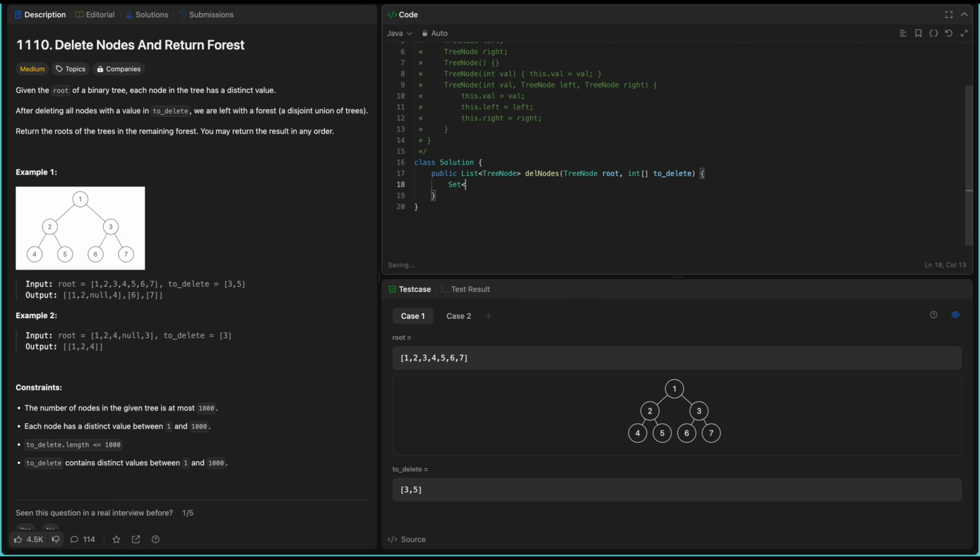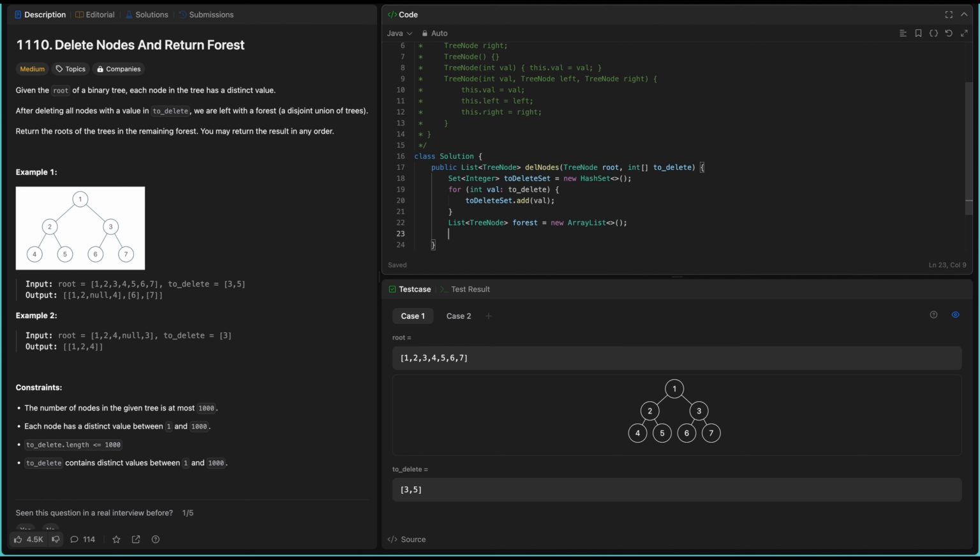So first thing we do is we convert the array of to delete to set of to delete. Now we will just initiate the forest and pass it to the DFS. So we will just say, okay, delete nodes, and we can pass the root here, to delete set there, forest there, and whether the current node is root or not. So we will send true here,